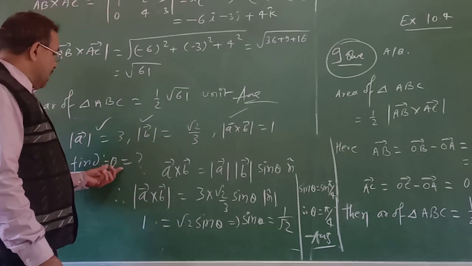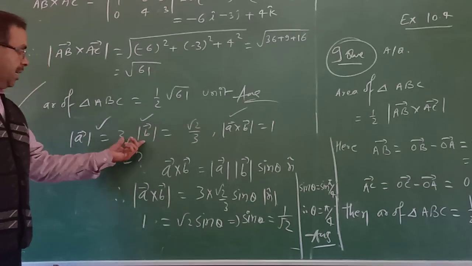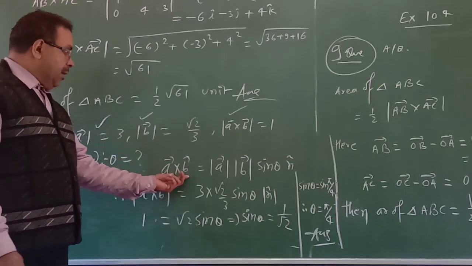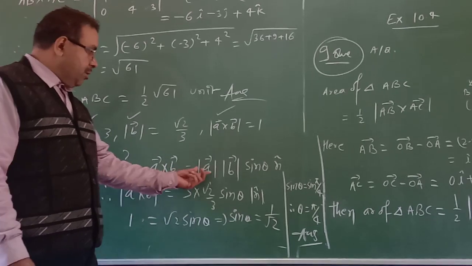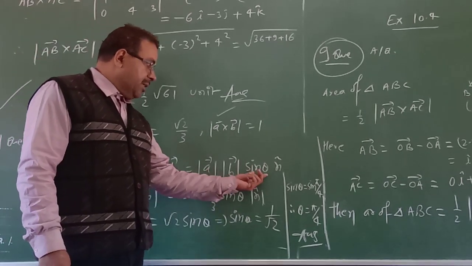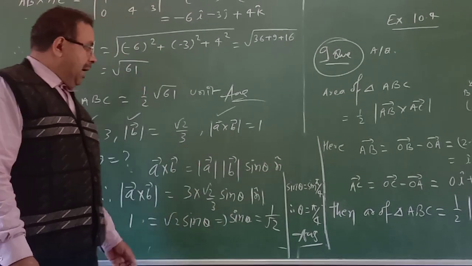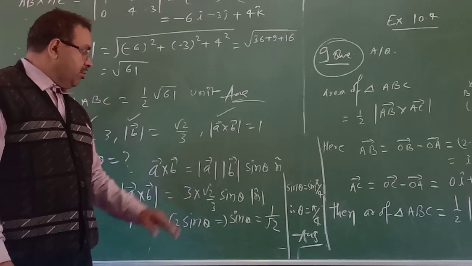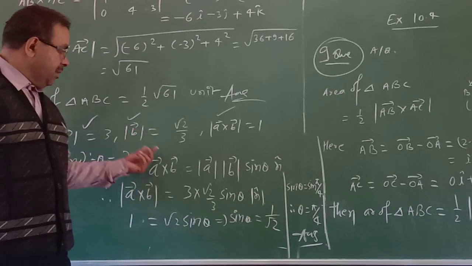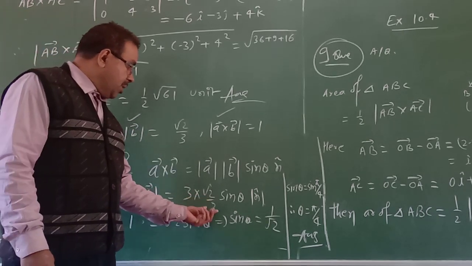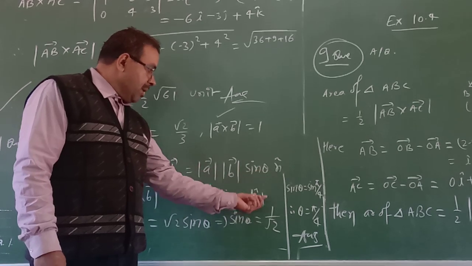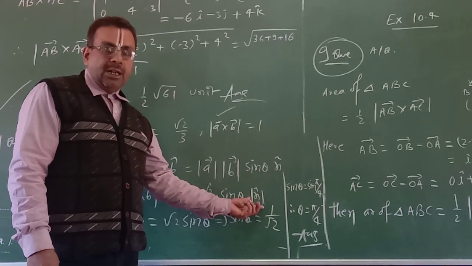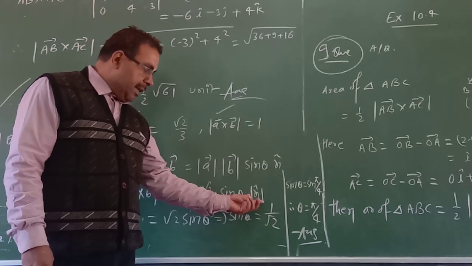So if theta is the angle between vector A and vector B, then we need to find theta. With the help of the cross product, we have A cross B equal to magnitude of A, magnitude of B, sin theta and n cap. Hence, taking the magnitude of A cross B on both sides after putting the values of magnitude of A and magnitude of B, it means 3 times root over 2 divided by 3, sin theta, magnitude of n cap, and magnitude of n cap is also a unit vector, so the value of n cap is equal to 1.